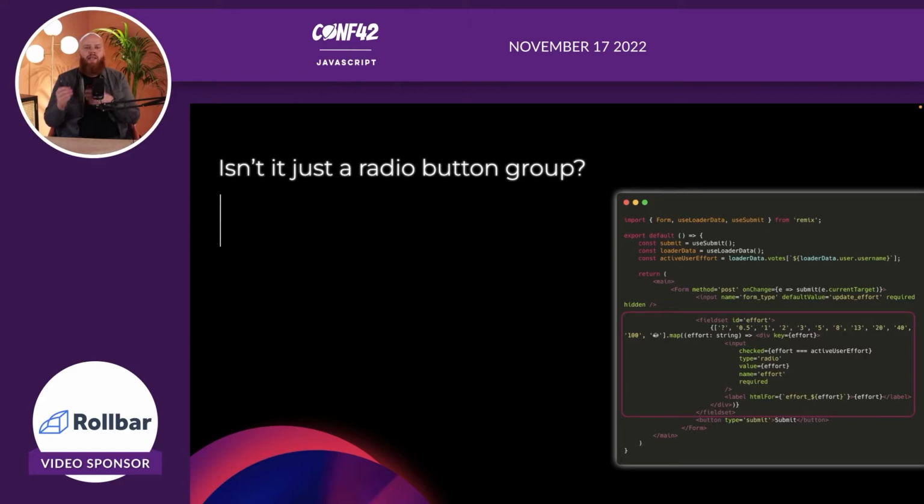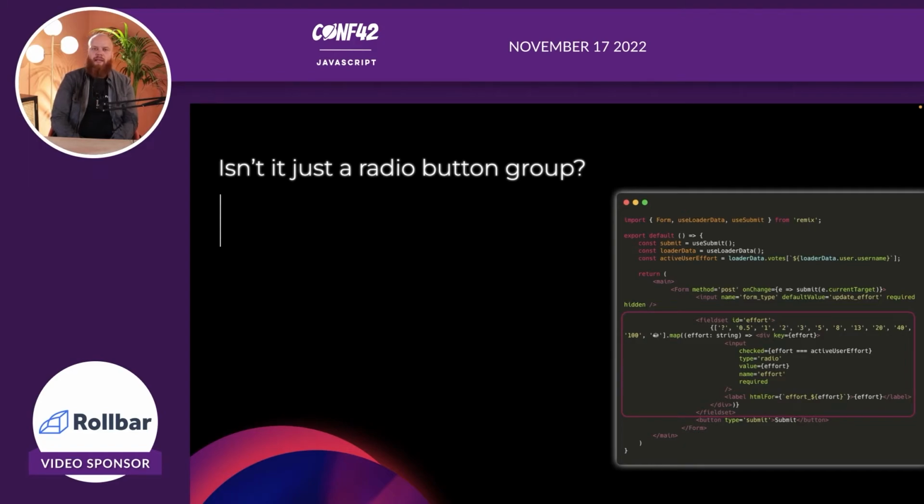Then with CSS, you could basically hide the little radio button, make a nice square and have it light up. That's all on the CSS part, which a lot of people are familiar with. But underwater, it's just this. Cool. So one drawback of going to forms for this is whenever I hit one of the radio buttons, nothing happens because we still need to submit it. So I need to have a submit button at the bottom, and then I can post it without any client-side JavaScript. But that's not very nice for my user experience. That's not what we want. So let's have a look at how we can do that.